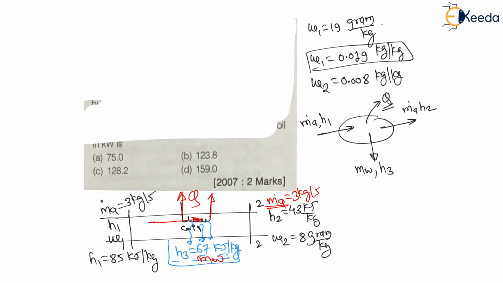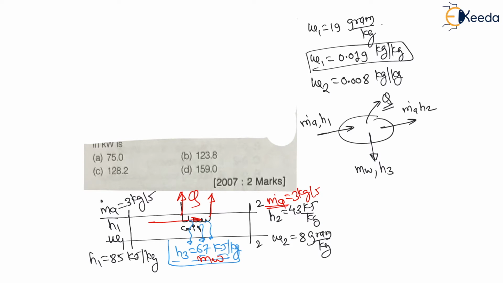I hope you are understanding this, because these concepts are from the steady flow energy equation, which is basic thermodynamics. In the first law of thermodynamics, for flow processes and for non-flow processes, you have studied this. This is the first law of thermodynamics for flow processes, also called the steady flow energy equation, right? Here I am applying the concept of psychrometry, that is, specific humidity omega, to find the mass of water. This is the only part of psychrometry; the rest is the first law of thermodynamics.